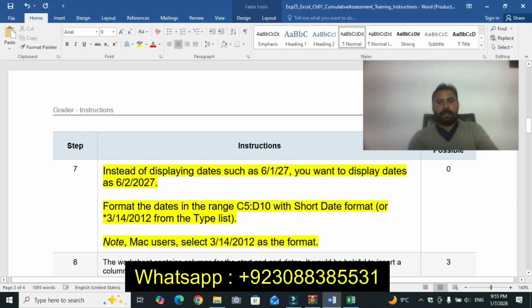Format the dates in the range with short date format 3/14/2012 from the Type list. Note, the user selects the formats. And format the dates in the range A5 to D10 with short date format.